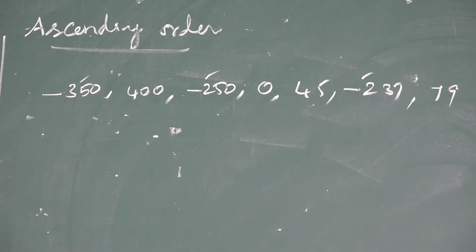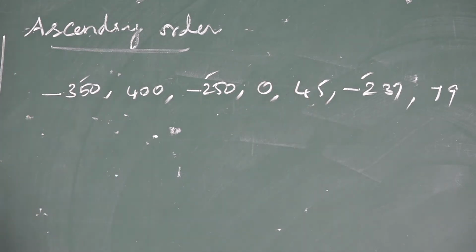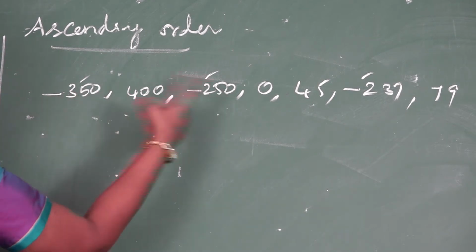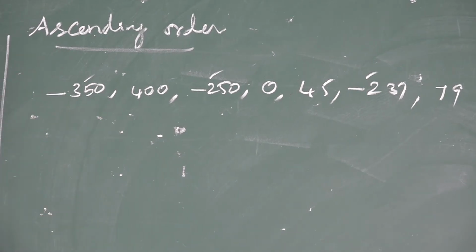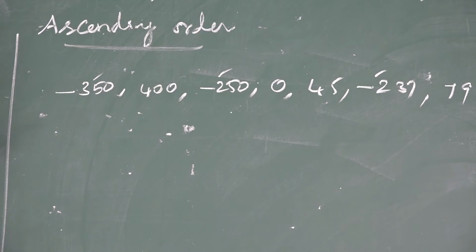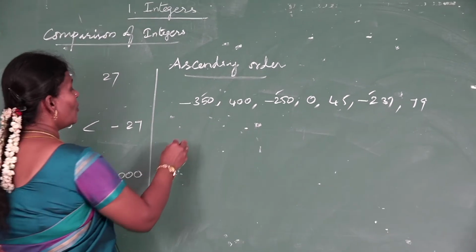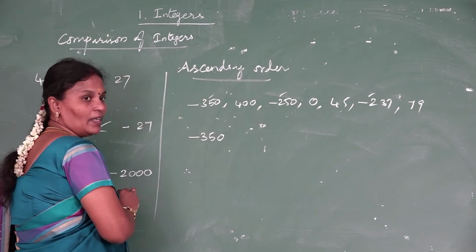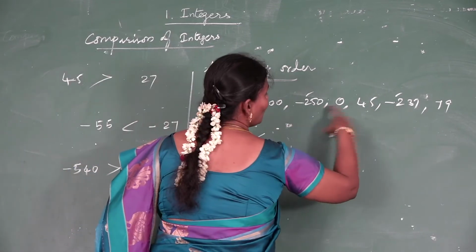Comparing these three, you know that with a negative sign, the bigger number is the smallest, isn't it? Without the negative sign, the numerical value 350 is the greater. If you put the negative sign, minus 350 is the smallest value. So first you take minus 350, less than...